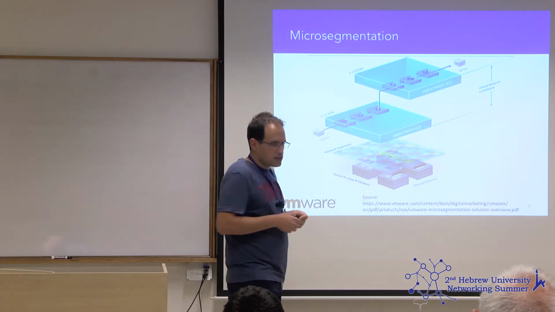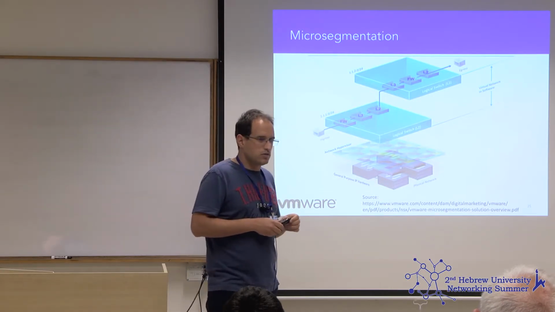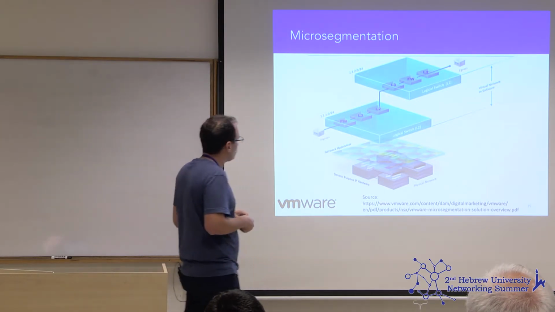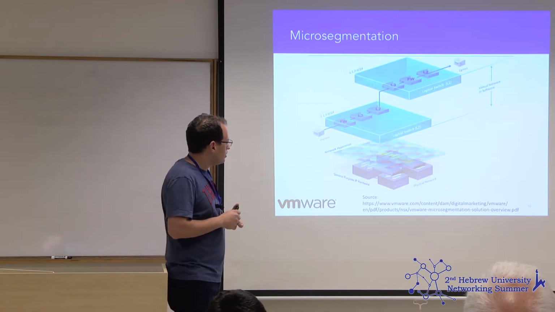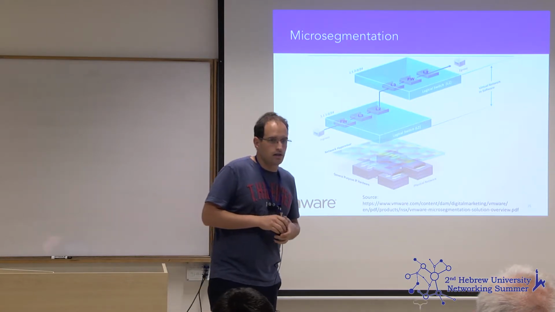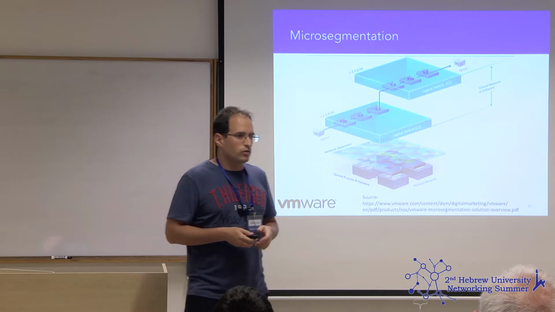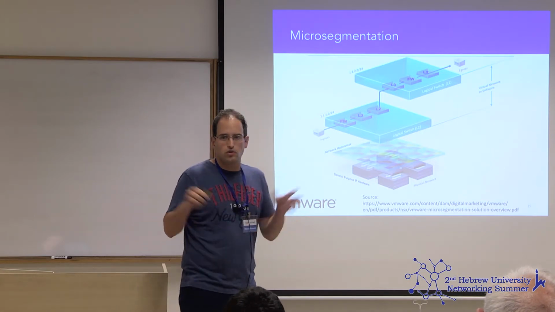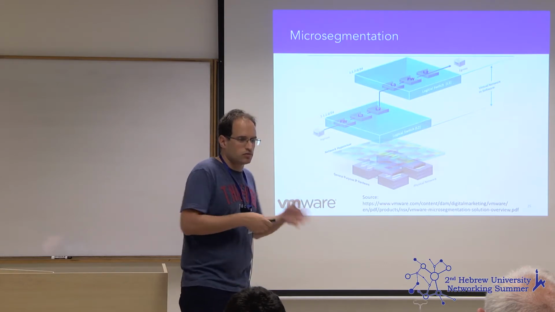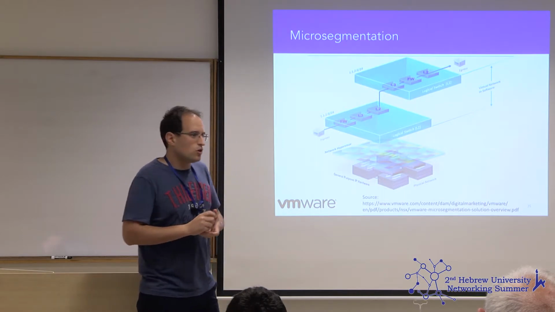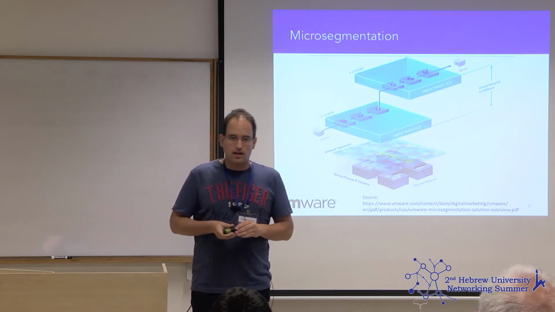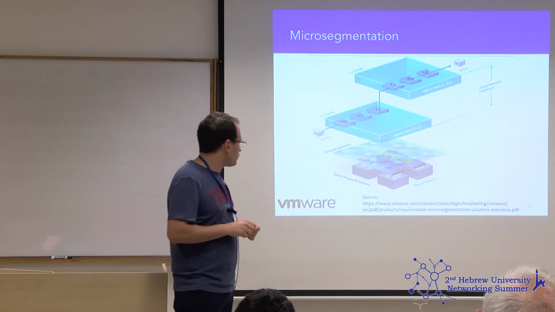Now two industrial solutions that use SDN for security or similar goals. So microsegmentation or VMware. In VMware, they sell this product that uses overlay networks. So they create overlay networks on top. You have some data center, and you install VMware software, VMware hypervisor, on each server. So on each hypervisor, there is a virtual switch, a virtual SDN switch, that together they create an overlay network so